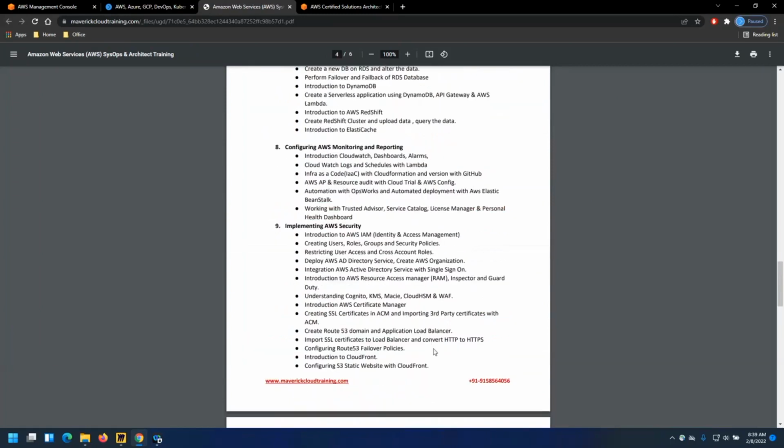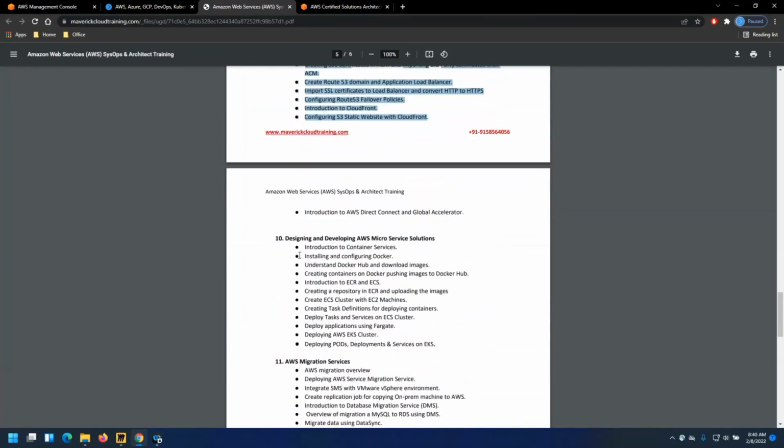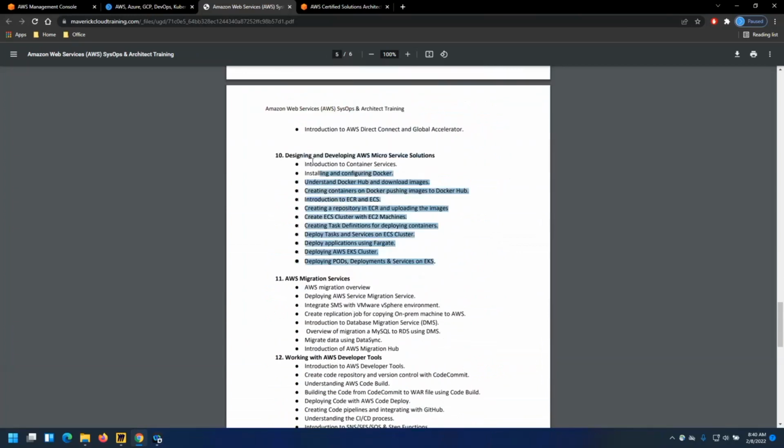Till here, implementing security is part of your admin and architect. Designing and deploying microservice solutions is kind of an add-on, which is part of your DevOps kind of thing, I would say.